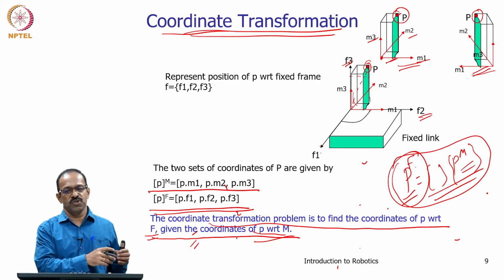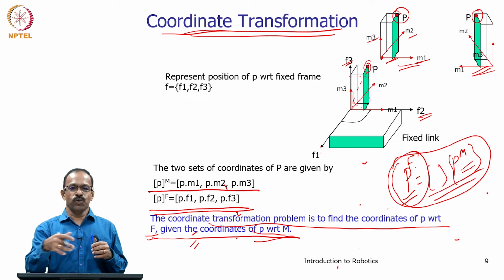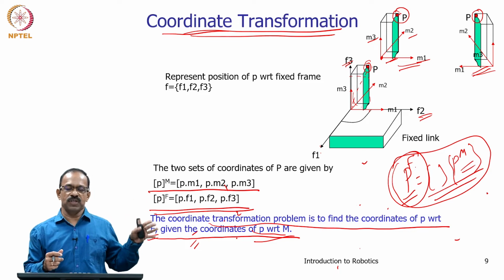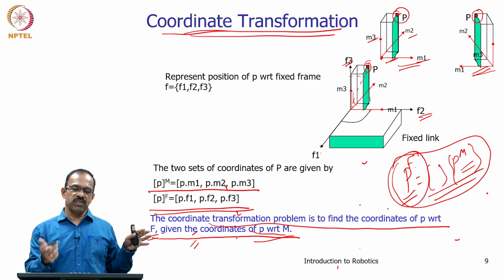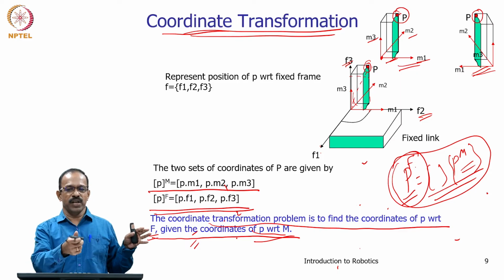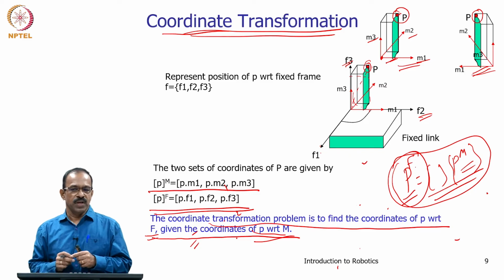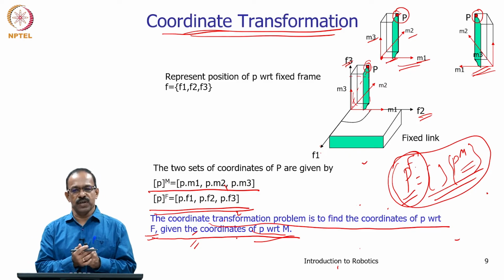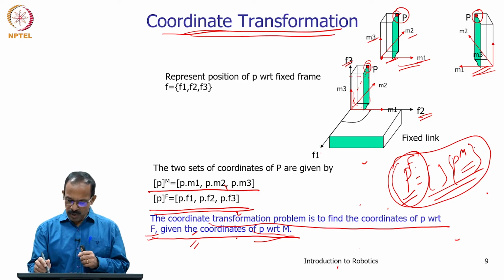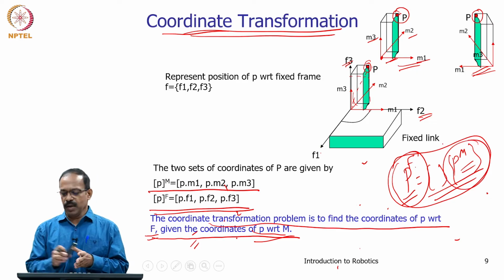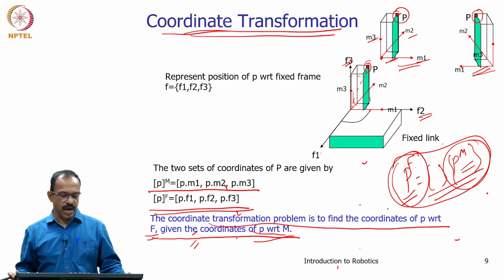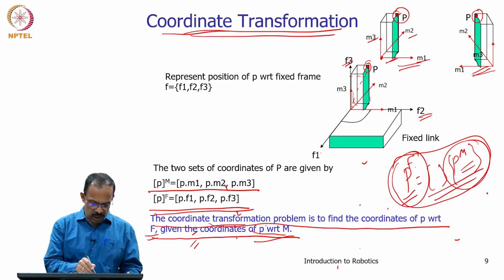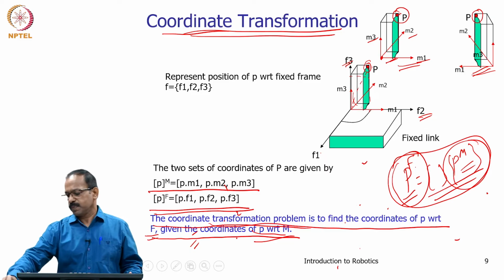If you want to know the position and orientation of the robot in the room, we represent the position with respect to a reference frame, and for the orientation we will find the mobile frame and see how much it has rotated. So, the question here is how do we get this Pf, that is the fixed frame coordinates, when there is a movement of the object and of the point P. This is basically the coordinate transformation problem.